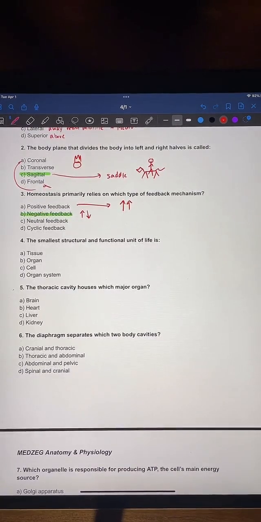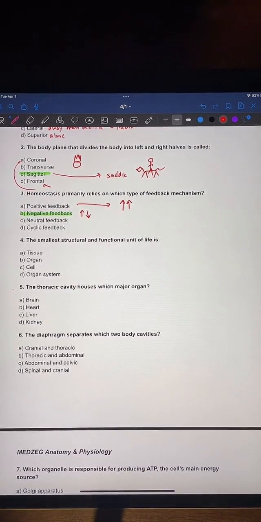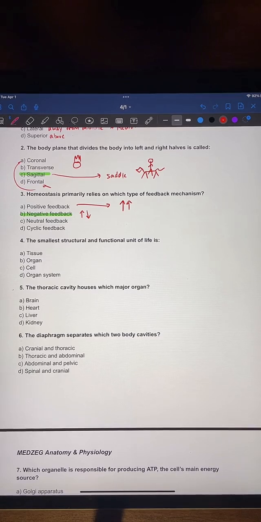Number 4, the smallest structural and functional unit of life is... Give you guys a couple seconds to answer that. Again, we're moving on to number 4 now. The smallest structural functional unit of life is...